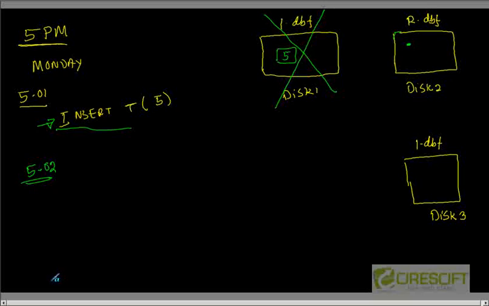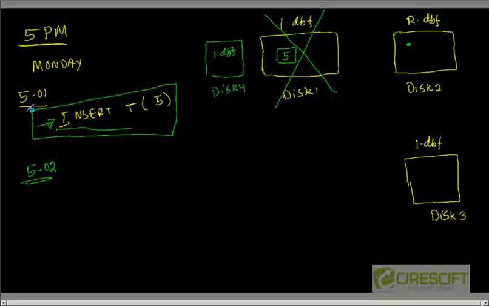How do I get back? The first thing I'm going to do is attach a new disk to the server. Let's say this is disk 4. Then I'm going to copy 1.dbf to disk 4. But remember, this 1.dbf, whatever I'm copying, will not have this 5. So what I'm going to do after that is read my r.dbf